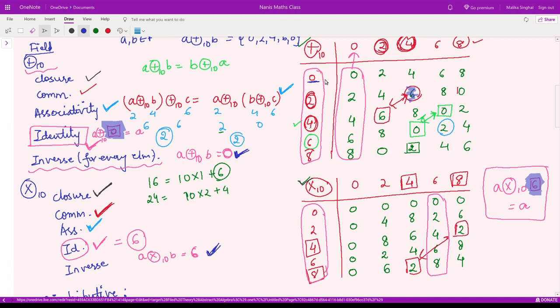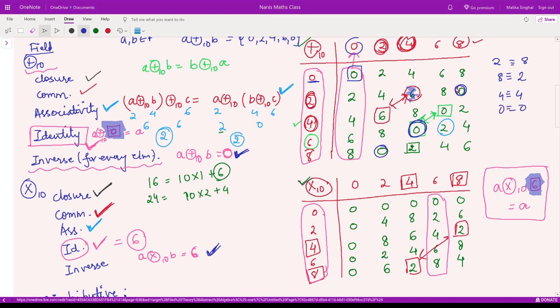For 0, do I have any element for which I get 0? Yes, I get 0 for 0. Then for 2, do I have any element for which I get 0? Yes, I have an element which is 8. So the inverse of 2 would be 8, right? Next, for 4, do I have any element such that the 4 addition modulo 10 would be 0? Yes, that is 4 again. And for 8, it is 2. So 2 is the inverse of 8. Then 8 is the inverse of 2, 4 is the inverse of 4, and 0 is the